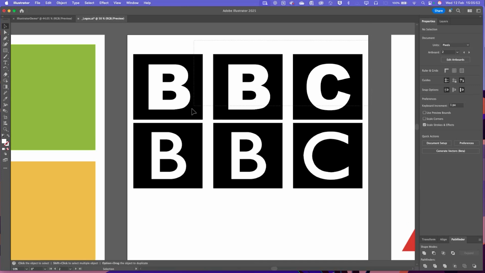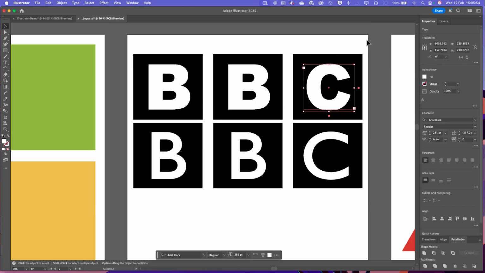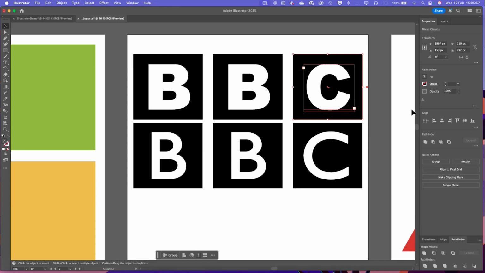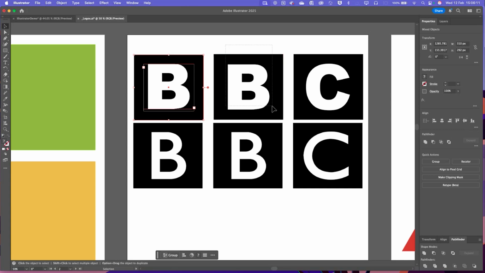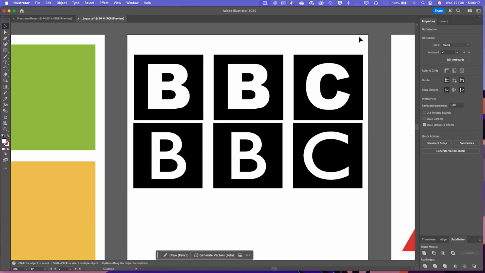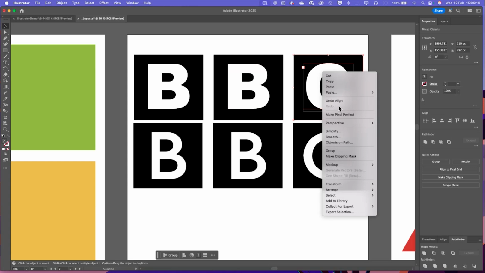Actually, what we might want to do is select these two, and in the properties panel, I can align these perfectly to the middle, which really is satisfying for the perfectionist in me. Okay, and then I might want to group these together individually,